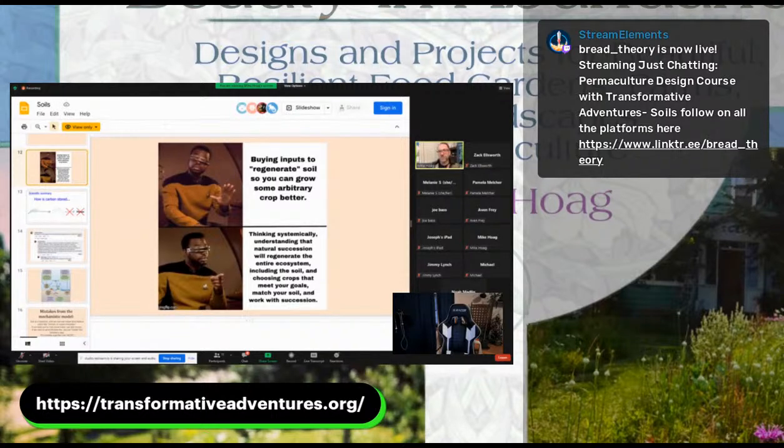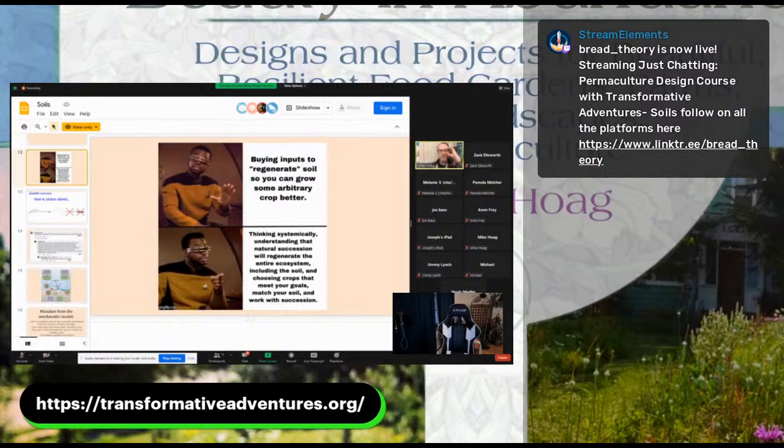Let me ask you this question. What is your soil fertility management system? What do you use in your garden? Are you tapping into the power of ecosystems that create soil rapidly to feed your garden? Or are you still stuck in the mechanistic worldview that your soil might lack something and you've got to take it and import it and put it into the soil to make the soil machine work better?